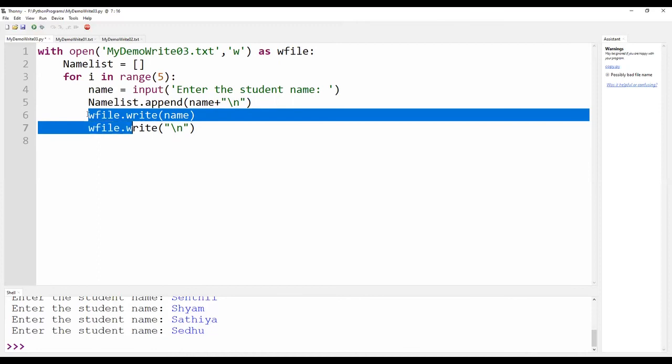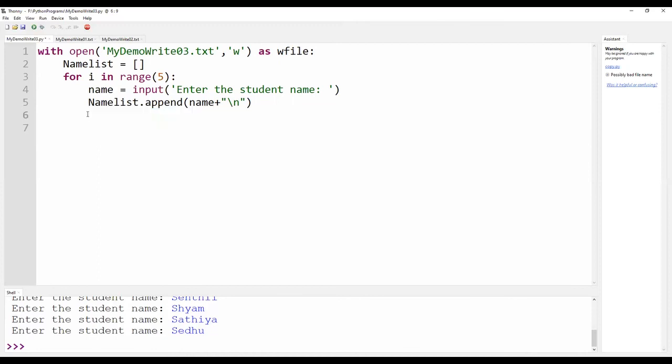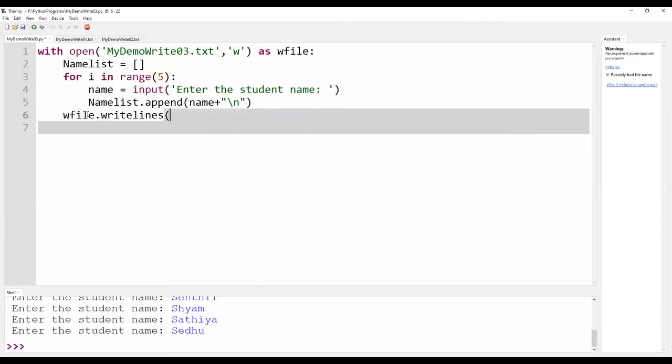Once this is done, W file, the file handler, dot writelines. All the data are being appended in the particular object named name list. So the parameter for writelines is the list name, namely name list.